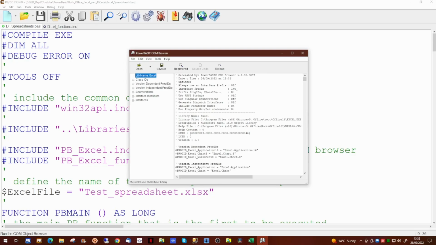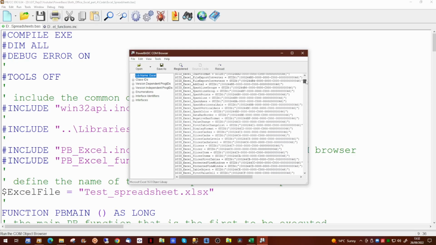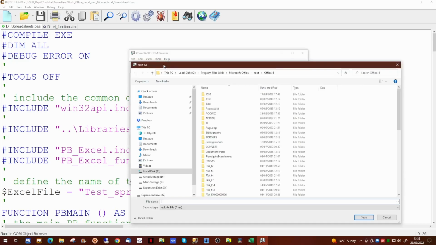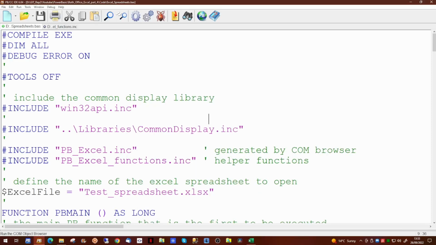So there is our include file. This contains all the information we need to access Excel. So we can click on Save As, and we can save that back to our code project. That's what I did in the previous videos. To save the file is pb_excel.include.